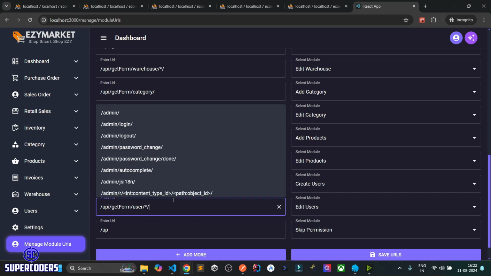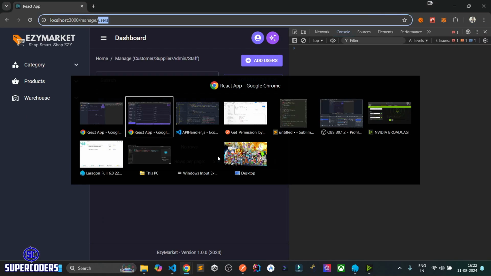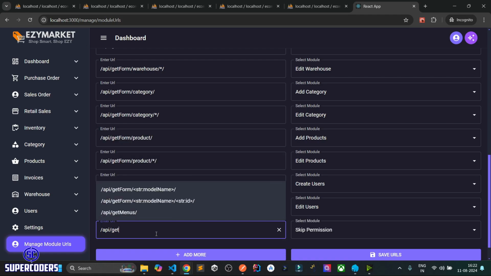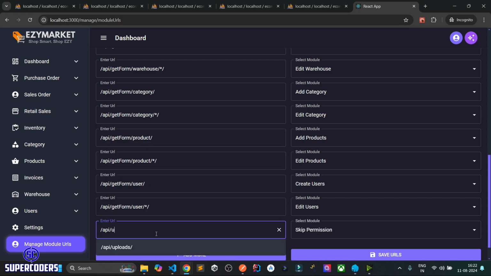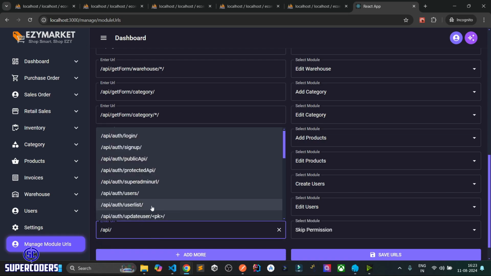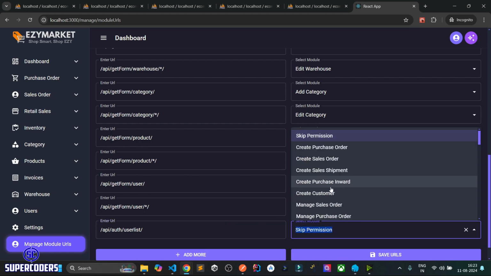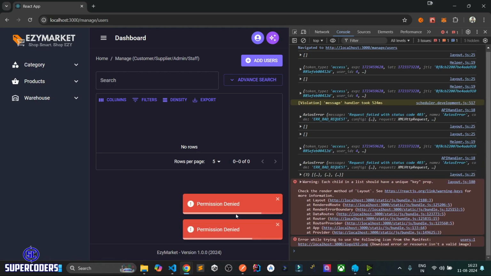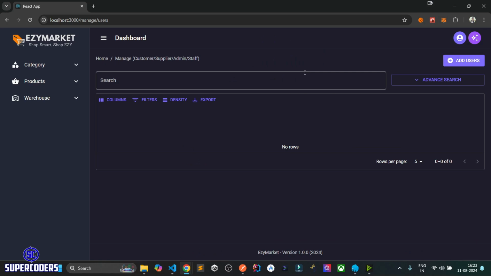That exists, but user list API /get API user list, not user list. Manage user access. Save URLs. Now on this page, I am getting a permission denied error. So the message is getting changed. I don't have access for this module, but if I try to access this page, I get the permission denied error. Even if I click on add user,